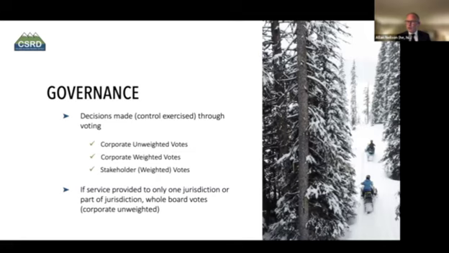And we involve the whole board in those decisions because in our system, we don't have one individual making a decision. So if the decision is up to one director, because that's the only jurisdiction participating in the service, the entire board votes. So what all of these rules taken together mean when we look at our different types of votes, and we look at the fact that if it's a single jurisdiction, everybody votes, what all of these different votes mean